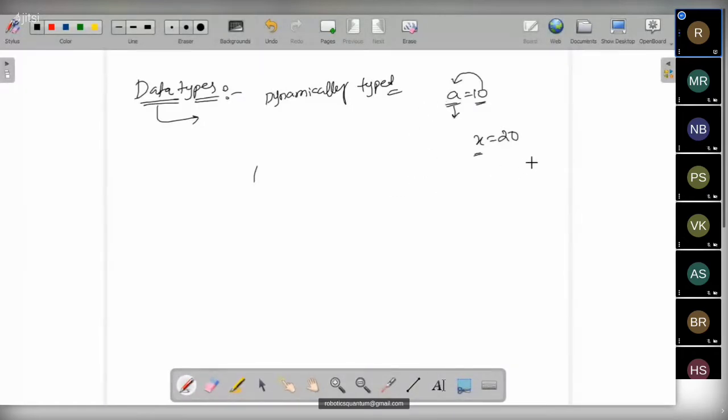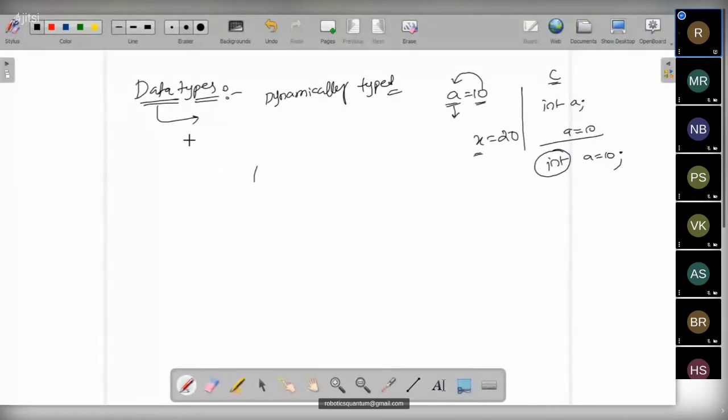In other programming languages, we have to mention the data type, like in C language or Java. We have to mention int A, then only we can assign, or while declaring we can also assign the values in C language or Java. There we are mentioning the data type, but in Python there is no need of mentioning the data type to declare. Even though we will not mention the data type, it automatically takes the data type.